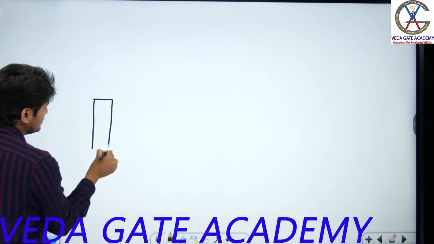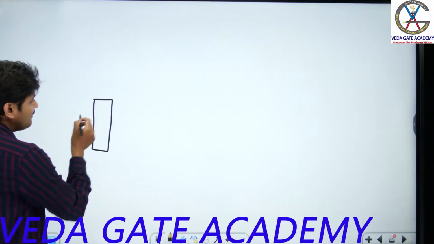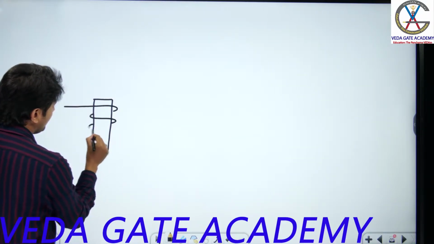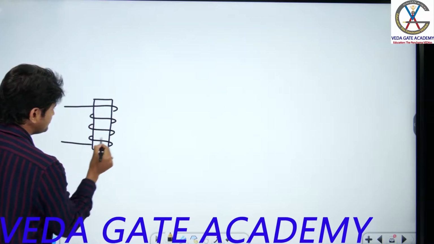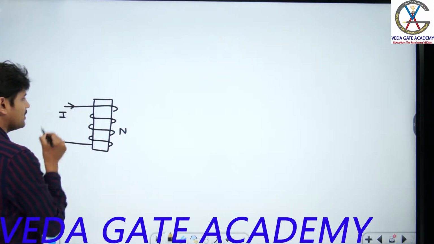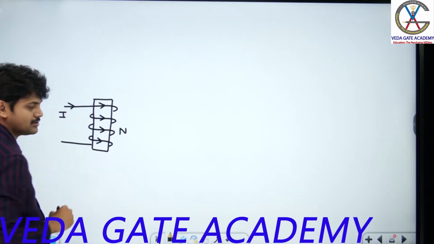So this is my magnetic circuit. All of you please go through carefully, listen carefully. I have a bar magnet on which I have wound a coil having some n number of turns. I am going to supply a current through this particular coil having n number of turns. So this is my direction of current.